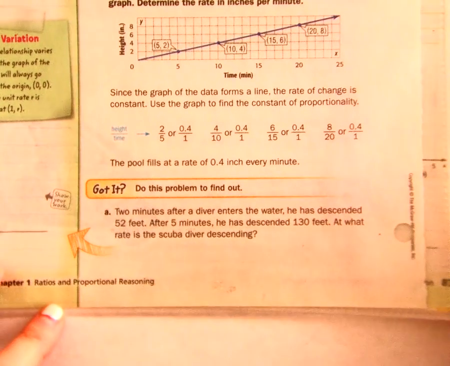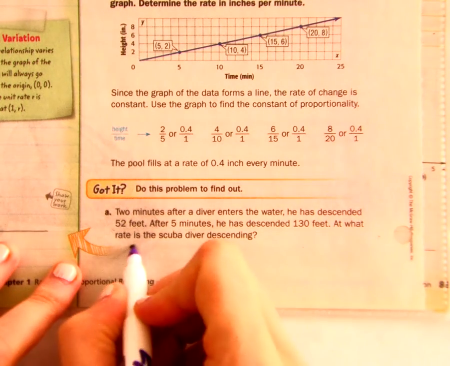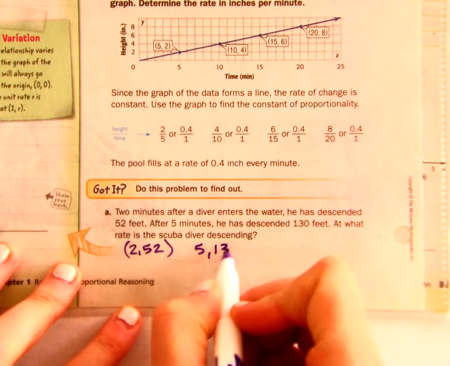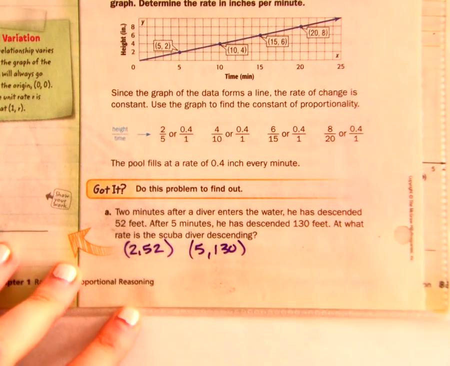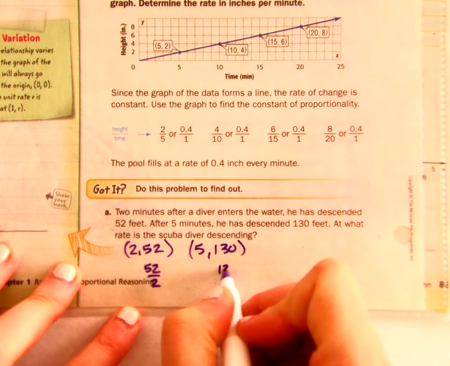If we go down to example A, 2 minutes after a diver enters the water, he has descended 52 feet. After 5 minutes, he has descended 130 feet. At what rate is the scuba diver descending? When we set up our direct variations, it's always y over x. So if we were to plot these, we have points (2, 52) and (5, 130). Again, I want my y over my x, so I take 52 over 2 and 130 over 5,